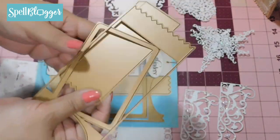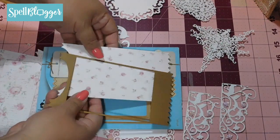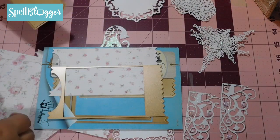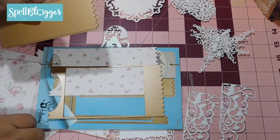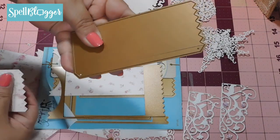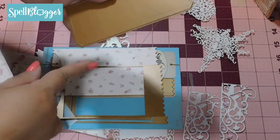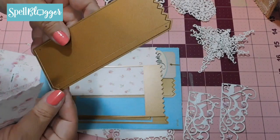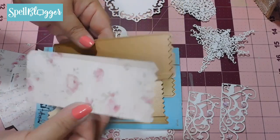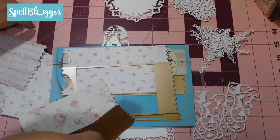This pack contains a set of 3 dies. I'm going to be using this as my front pocket, and for this tutorial I'm going to be using these as my back pockets. Okay, so you only get one, and there is a trick to cutting these because they do come with a corner chunked off over here, and that would be your outside corner. So what you want to do in order for your papers to match,